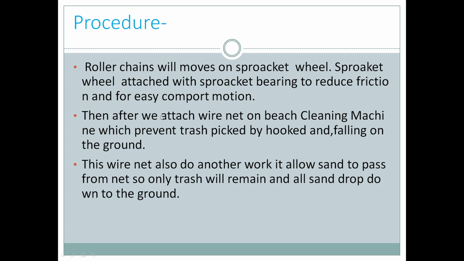Then we attached a wire net on the beach cleaning machine, which prevents trash picked up by the hooks from falling on the ground. This wire net also does another work: it allows sand to pass through the net, only trash will remain and all the sand drops down to the ground. So this was also an advantage of our project and procedure.